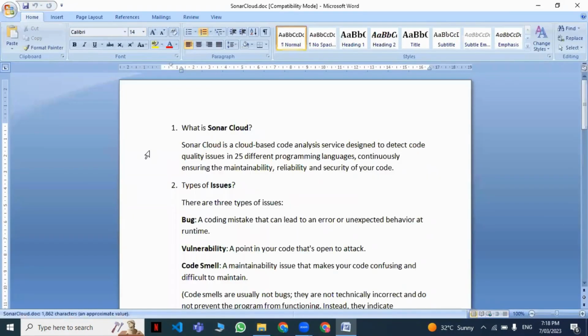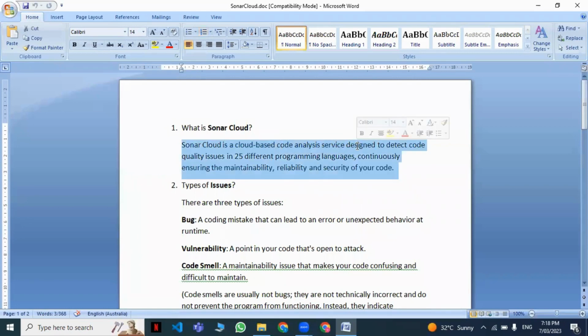Okay, guys. First, let me explain about Sonar Cloud, guys. Sonar Cloud is a cloud-based code analysis service designed to detect code quality issues in 25 different programming languages, continuously ensuring the maintainability, reliability, and security of your code. Now, guys,